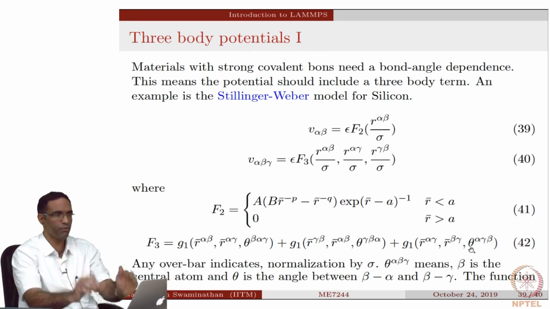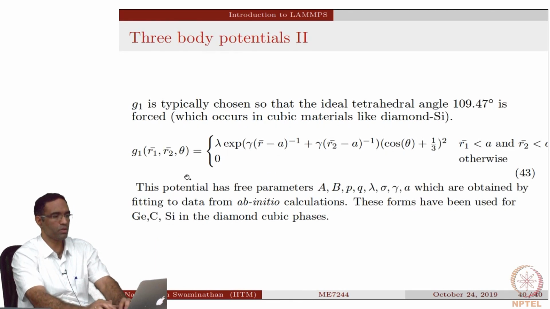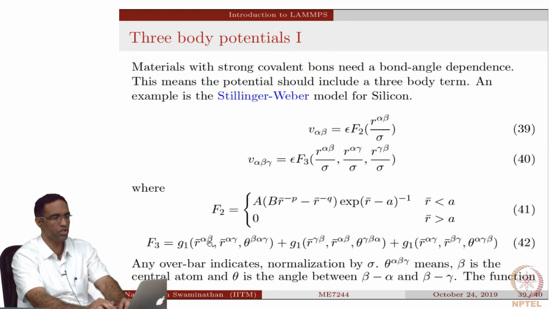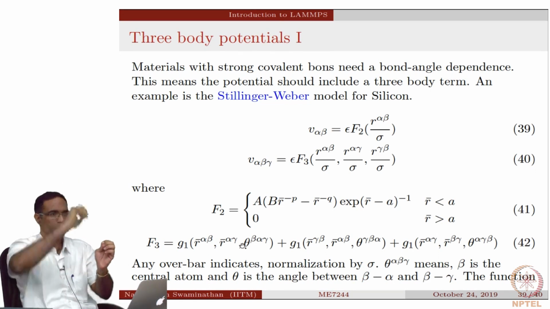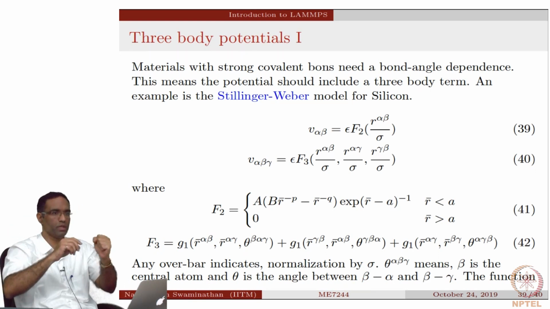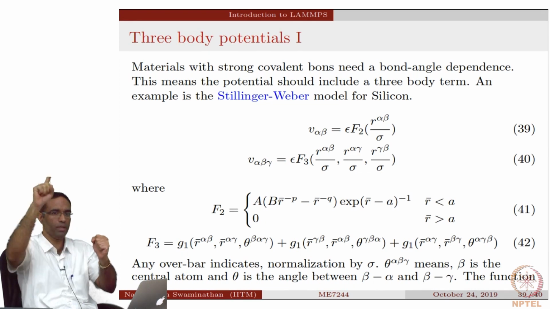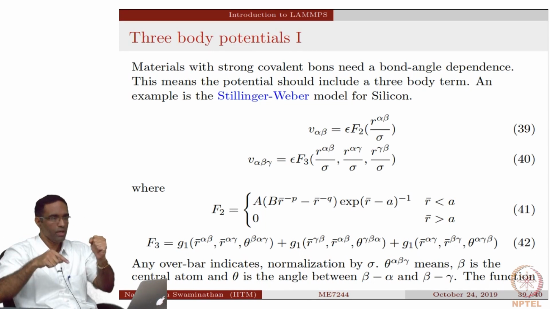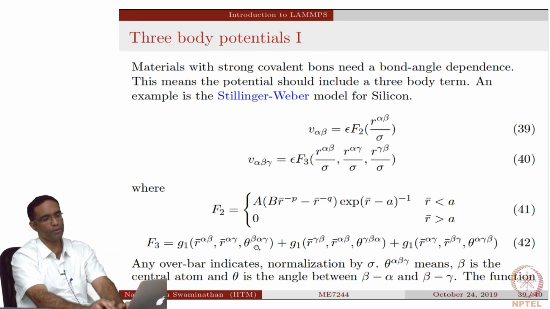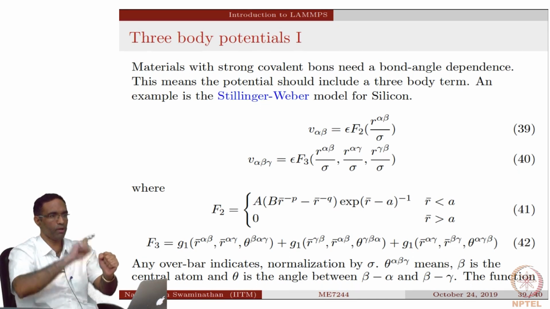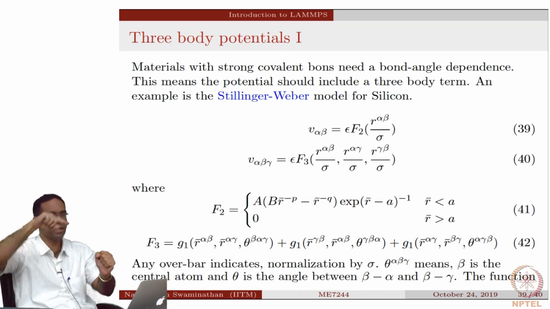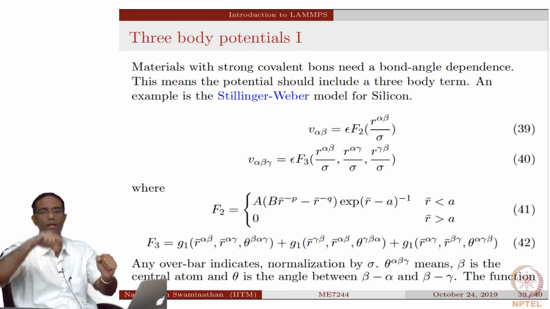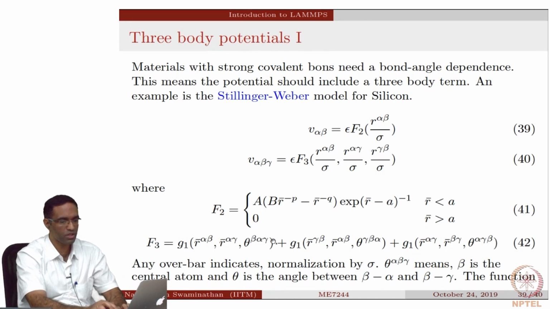So G1 is just one functional form which looks something like that. Each G depends on only alpha beta and alpha gamma, two distances and one angle. If you are sitting on alpha, the distance between alpha beta and alpha gamma, and with this as a center, the angle that exists between them is basically theta superfix beta alpha gamma. So how this needs to be read is, I am sitting on atom alpha, I am drawing a vector from alpha to beta, alpha to gamma, and measuring the corresponding distance and the corresponding angle in between. So these are just general functions,